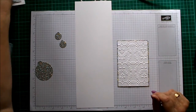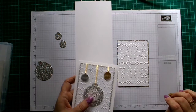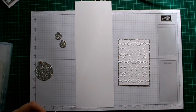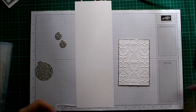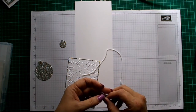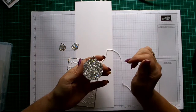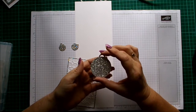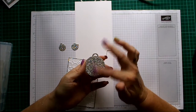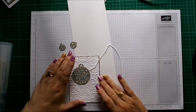and instead of, as you can see here, I used the gold and white specialty ribbon that we've got in this year's holiday catalogue, I'm actually going to use some white baker's twine instead to fix the baubles to the front. Just a hint, because the glimmer paper is quite thick, it's a good idea when you run the dies through your Big Shot that you run it through twice to make sure you get a nice clean cut so that you can even get the tip out of the